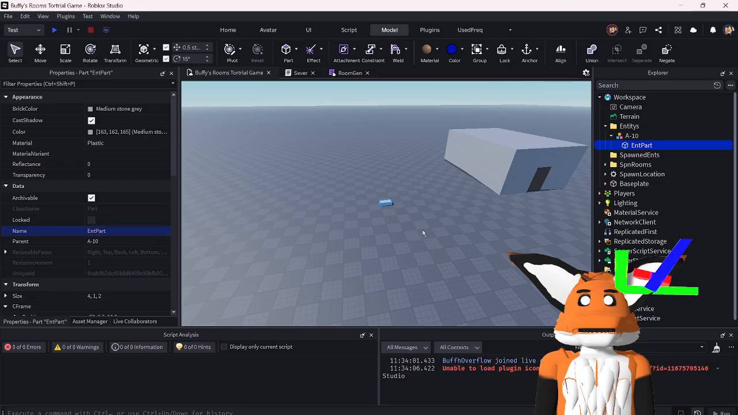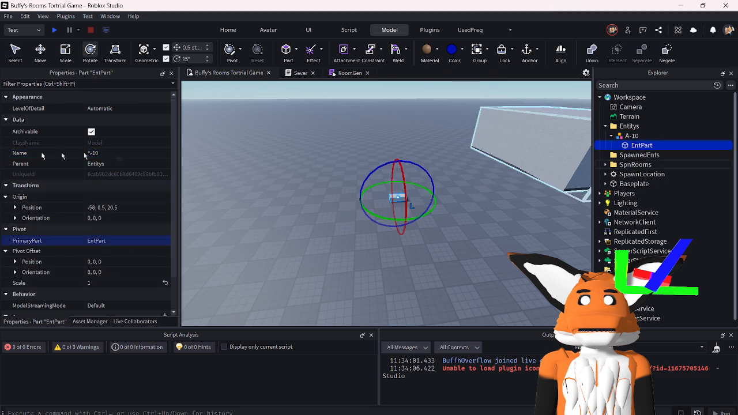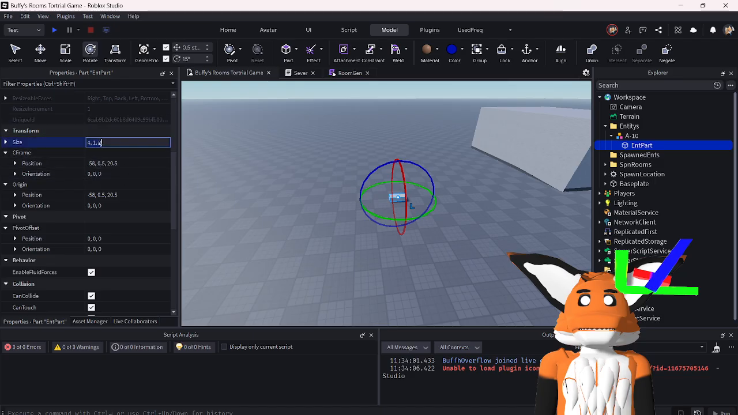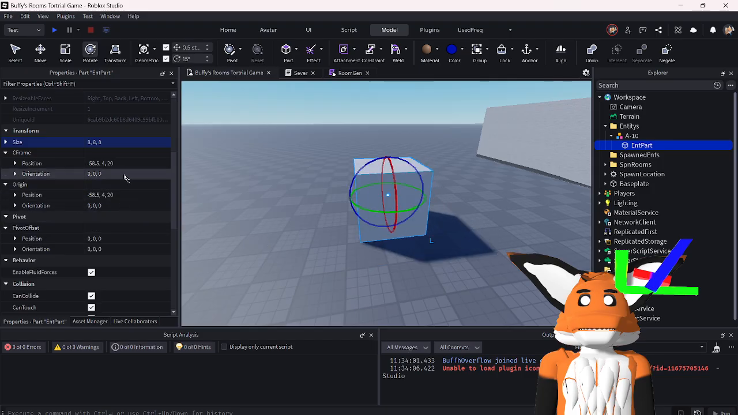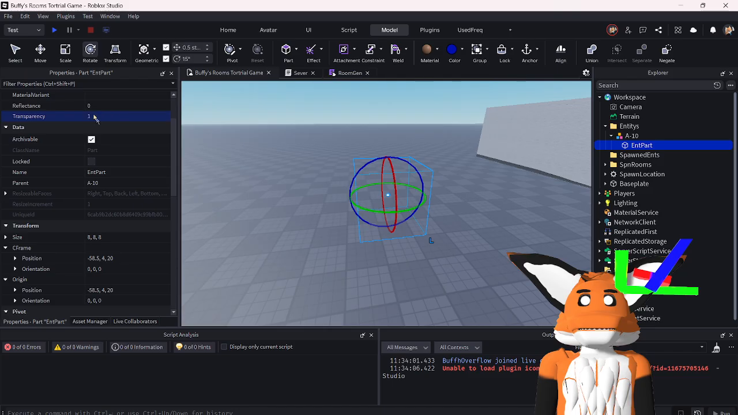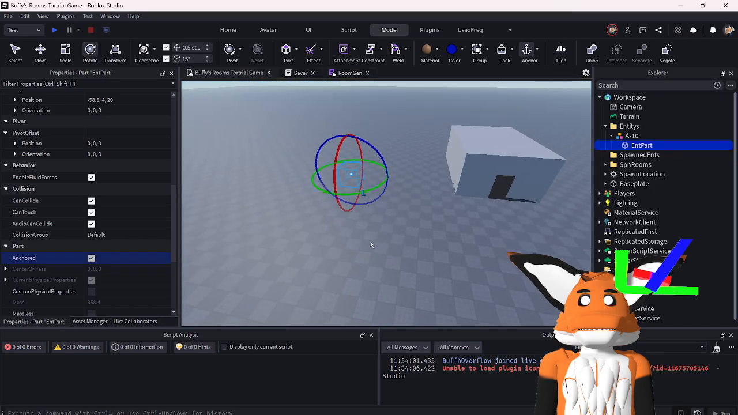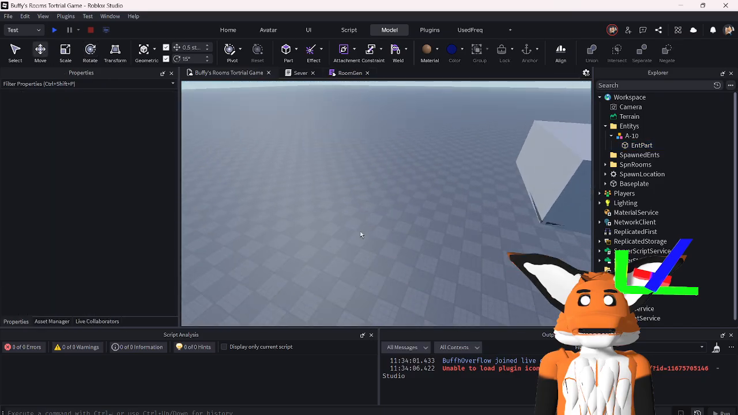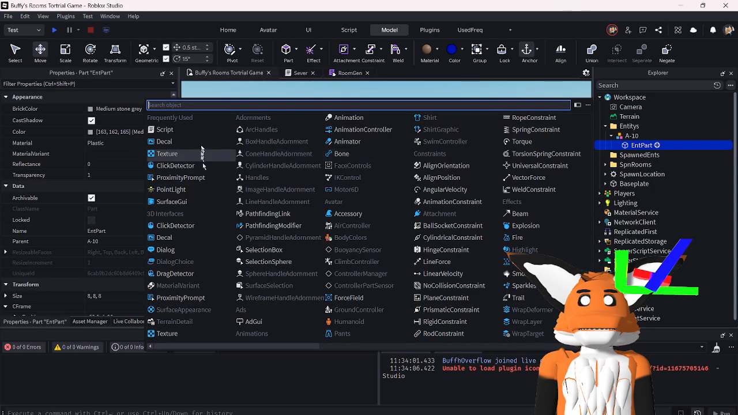int part. Then we're going to set primary part to int part, and we're going to make it like an 8x8, an 8x8 transparent cube. Transparency 1. You can make it solid, but I think it would be funny if it was, so it won't affect if you're hiding, it'll just drag you along. And then we're going to add a